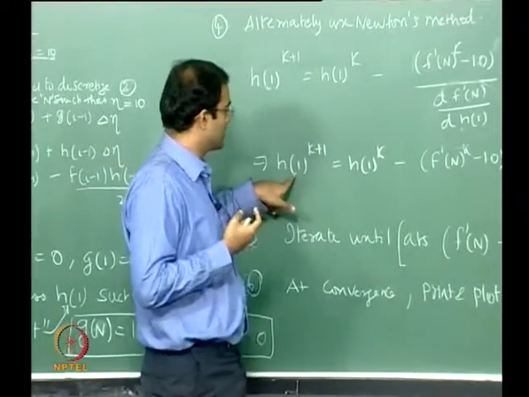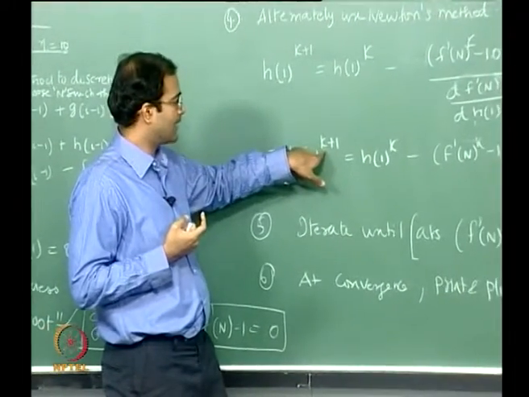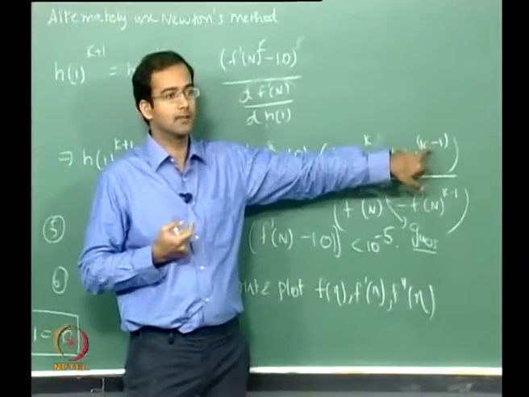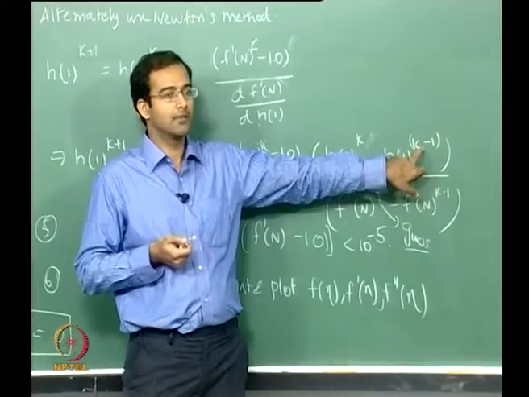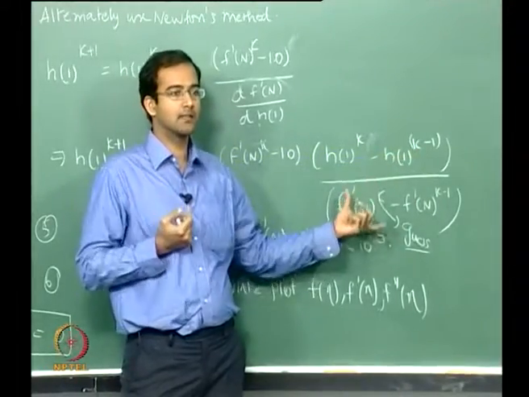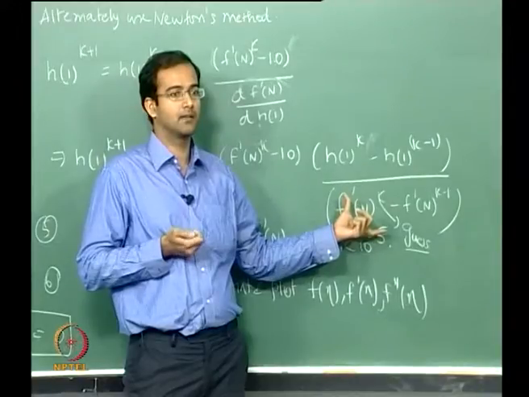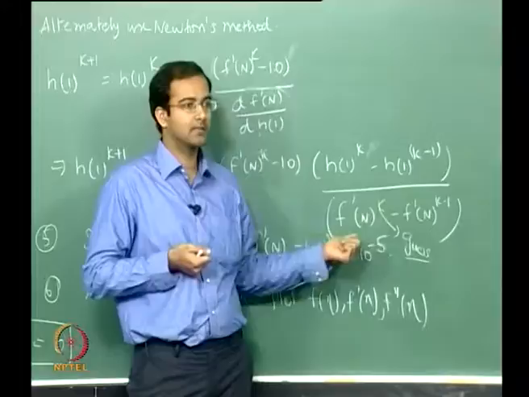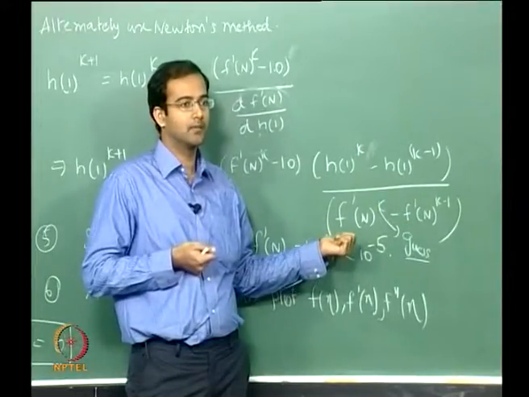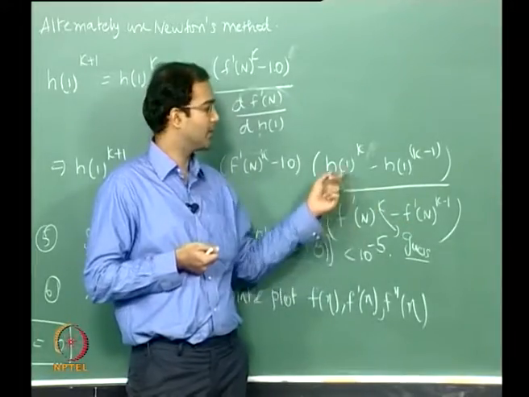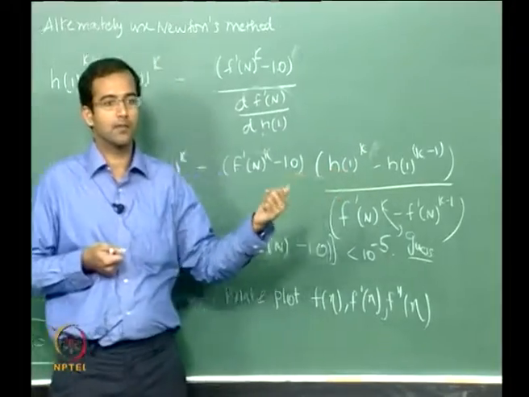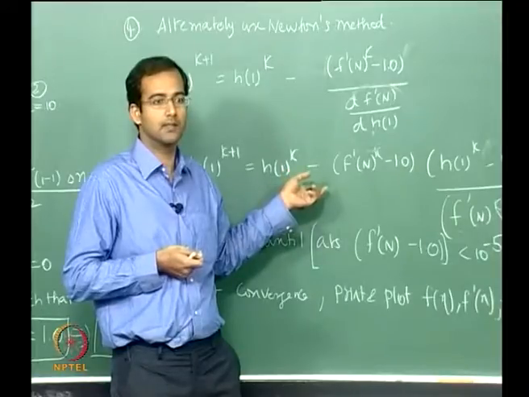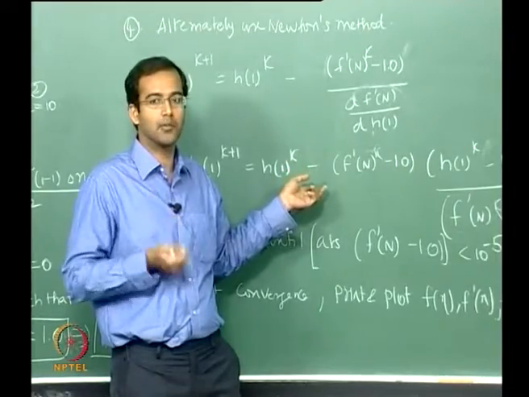From the third time you can calculate the right value based on the second wild guess and the first wild guess. You need two wild guesses because you need this particular df by dh. Therefore you first give two wild guesses and take the difference in the values of f of n corresponding to those two wild guesses. From the third guess it's not wild anymore, so you use this and calculate the more appropriate guess value.